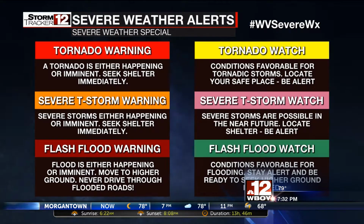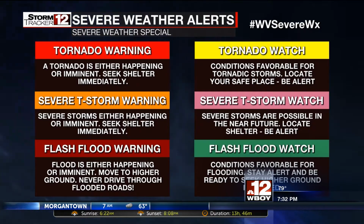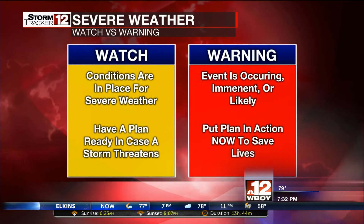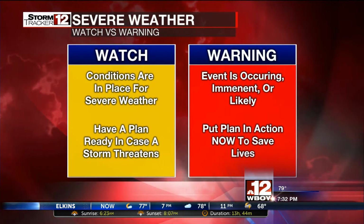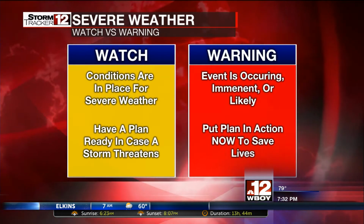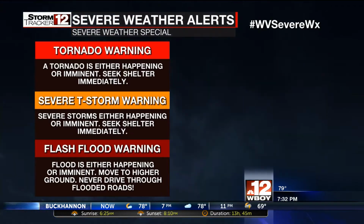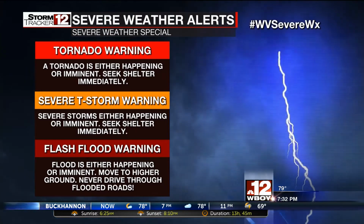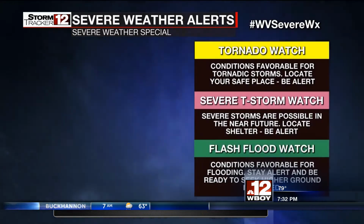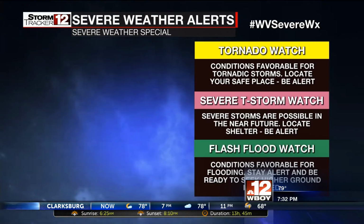A severe thunderstorm warning or tornado warning occurs when the severe weather event is occurring, imminent, or likely. These warnings are set off when wind gusts are at 57 miles per hour or greater, hail is reported to be at or larger than 1 inch in diameter or the size of a quarter, or a tornado was either indicated by radar or confirmed on the ground. If this does happen to occur, make sure to put your plan in action to protect yourself and your family